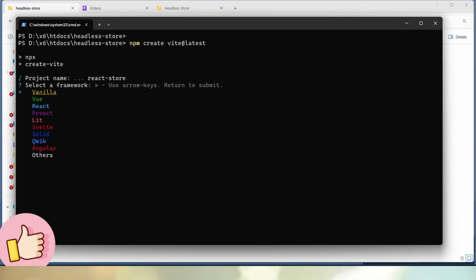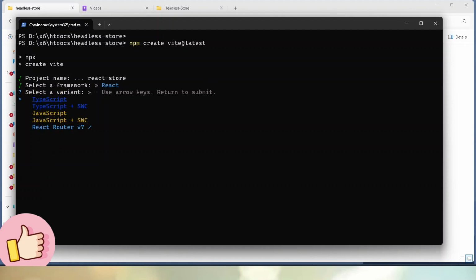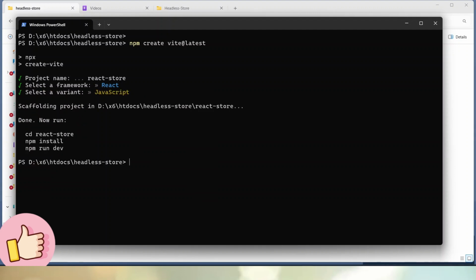Which framework? I will use React. Here we have the third option, so React, hit enter. Which variant? JavaScript. Again, we have the third option. Hit enter. Now the scaffolding of the project has been created successfully. Simply we have to go into this setup called React Store, so cd React Store, and now in this folder the first command we have to execute is npm install. So let's type npm install, hit enter,